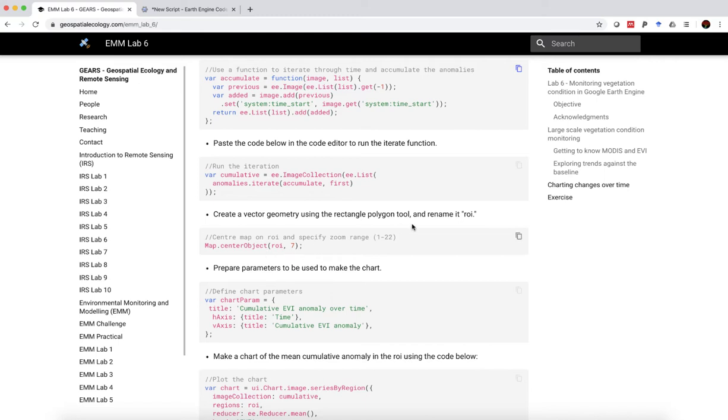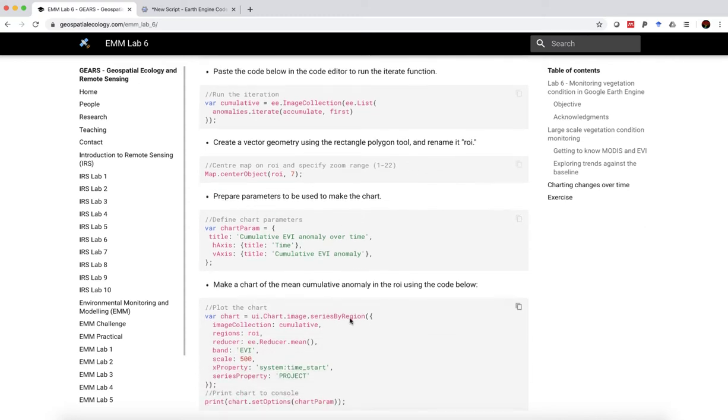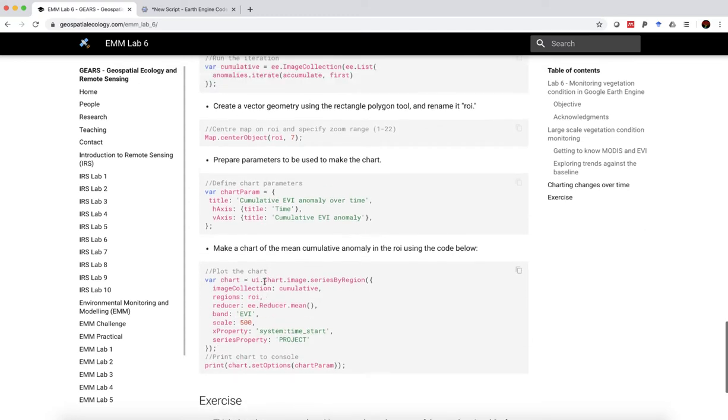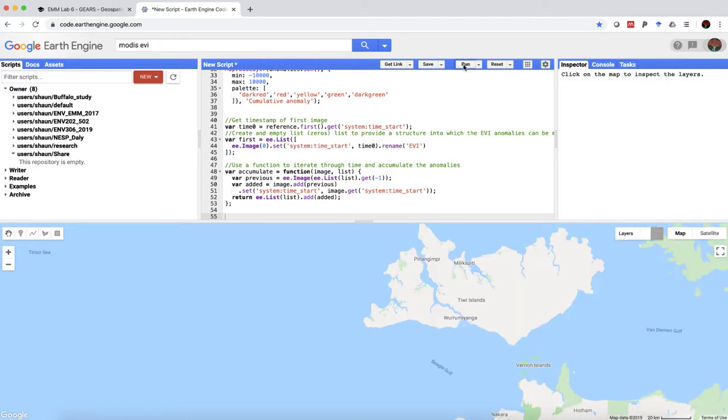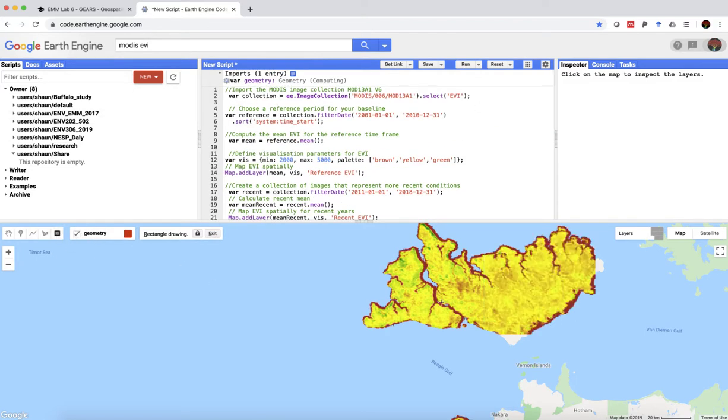We're going to create a vector geometry and call it ROI, and then plot a chart using these next two bits of code. So just to recap these three steps here of getting the time step, creating the empty list, and then the function to iterate through, this is really just a way of structuring the data so that we're able to plot out that chart. I'm going to create a little ROI over here on the